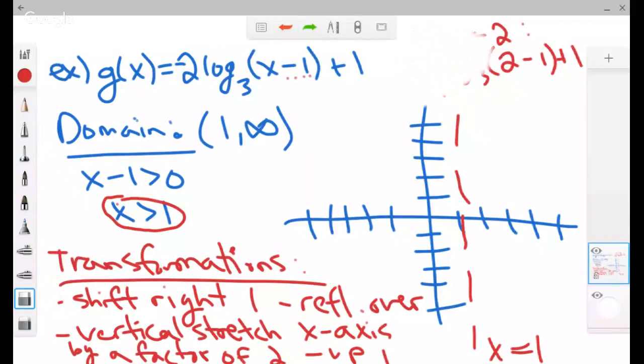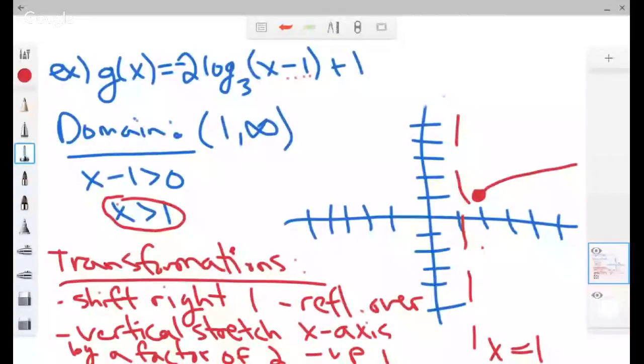Let's get my eraser. If I plug in 2, I get out. I have a point here. And there's another point. You usually want to do at least one other point, but just to save some time because I want to get to the other questions,